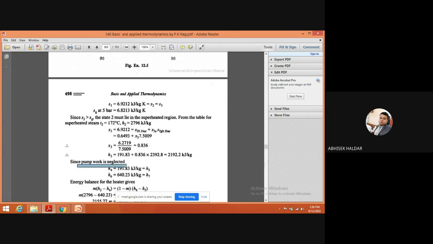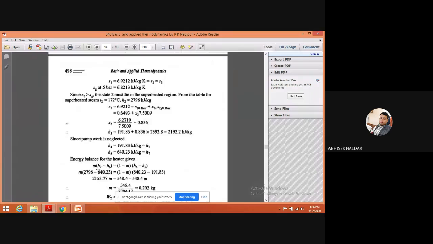So as the pump work is neglected, H4 and H5 are equal, H6 and H7 are equal. But if it is not mentioned in the problem, it is not neglected, then you have to calculate the pump work like in the last problem. How? Just by using the equation V into dP. Now until and unless you calculate the value of M,